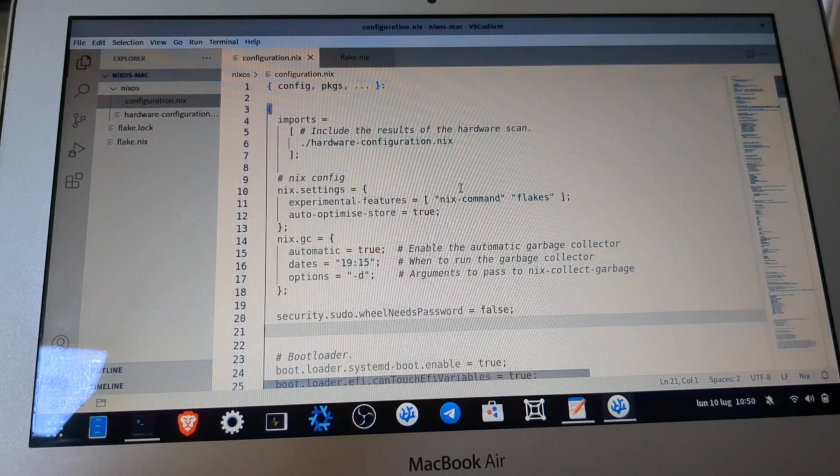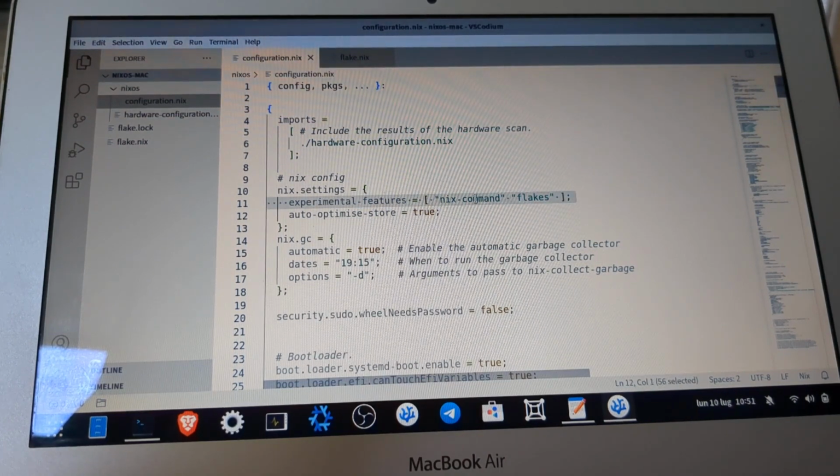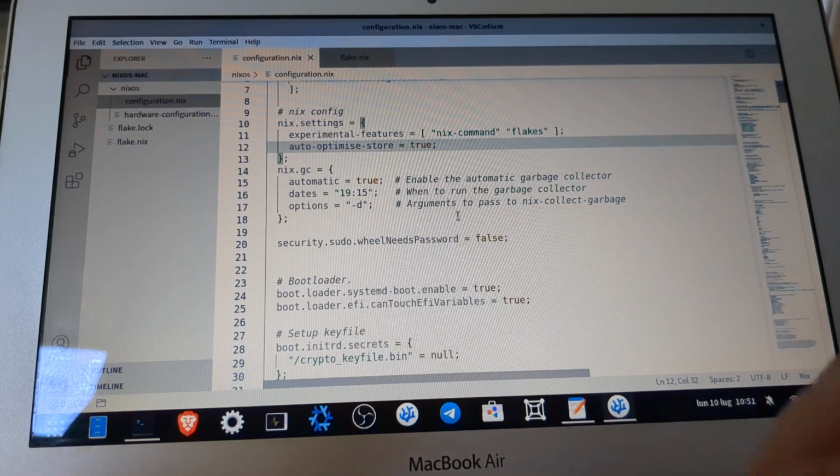Which changes did I make? So here I have enabled Nix Flakes, and I also enabled auto-optimize store, because when you delete or add a software in the system with Nix, it doesn't mean that it is really deleted.